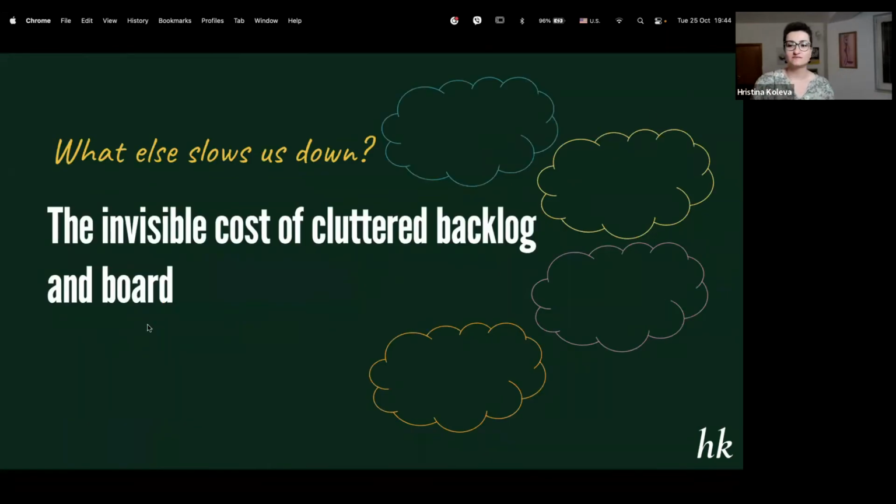All right. The third thing, so miscommunication, not taking into account all the work that is done before coding and testing, the waiting time. These are some of the things that actually slow us down, that make our software releases not fast. The other thing that is hurting us is the clutterness. Is there a word like this? Clutter. The clutter in our backlog, the clutter in our board, the clutter in our workflows.